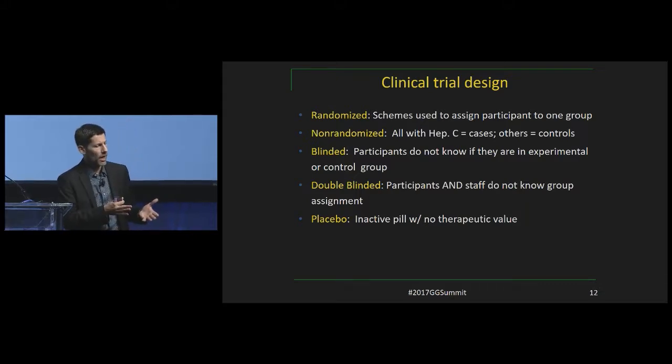And we talk about randomized. These are schemes that you use to assign patients to one group or another, whether they're going to get the low dose, the mid dose, or the high dose. Non-randomized means you're just going straight through on a straight enrollment. Blinded, you hear blinded or double-blinded a lot, and that has to do with whether a patient knows that they're getting a drug, or whether the patient and/or the study staff at a hospital know that they're getting a study drug. And of course, placebo means it's inactive, with no therapeutic substance.